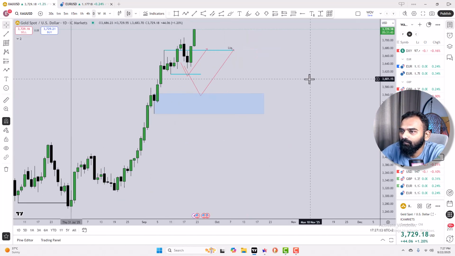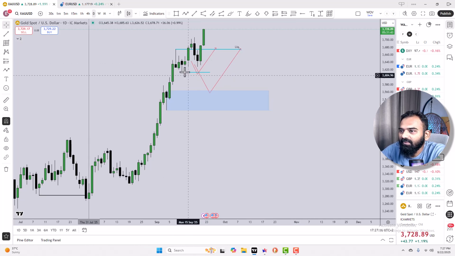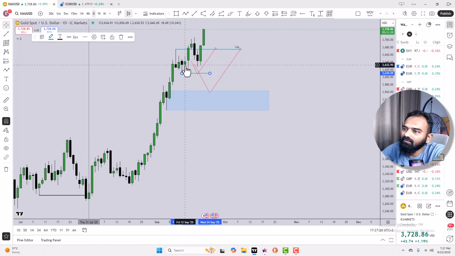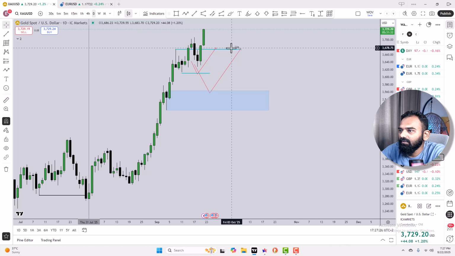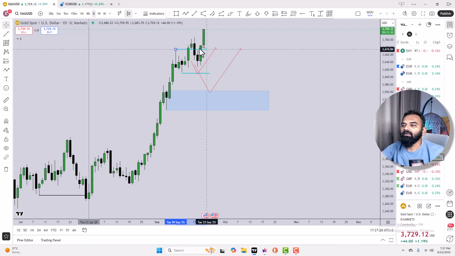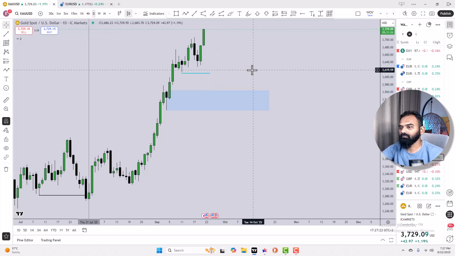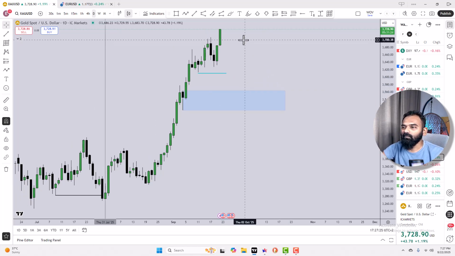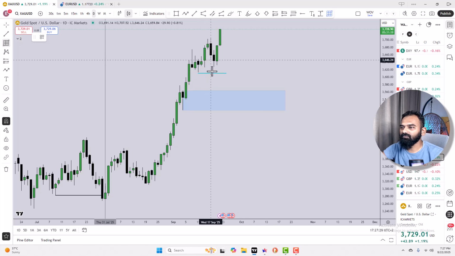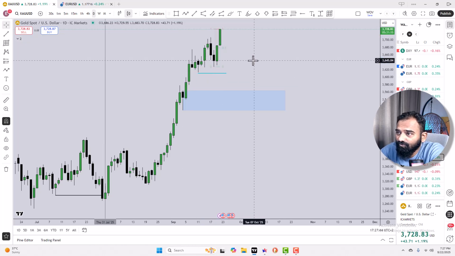Gold. So I was expecting at least this liquidity to be taken out in gold, but it just took out another buy side level, and all this liquidity has been taken out. Now this will become the dealing range. Wherever it will stop, it is too aggressive to short gold.